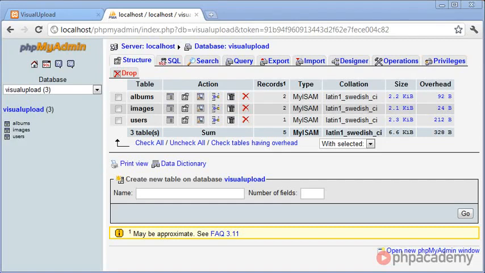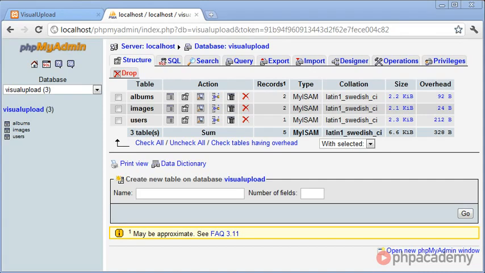In this part of the tutorial, we're going to be taking a look at the database table structure, and I'm going to be taking you through each table and explaining what fields we require. Then we're going to look at a few bits of sample data. The user sample data will be more relevant now because we are developing the login system first. Then we're going to be taking a look at albums and images with some sample data, and that will apply